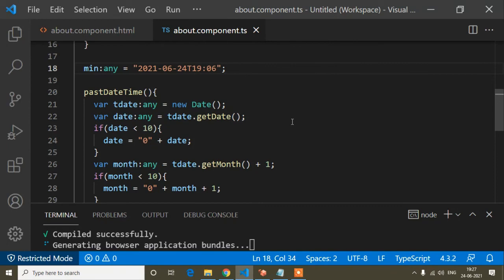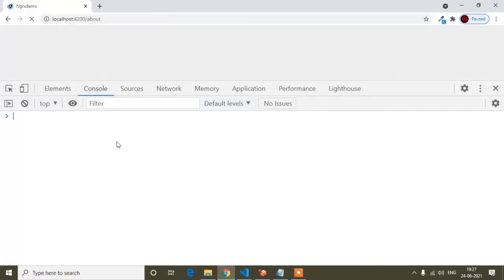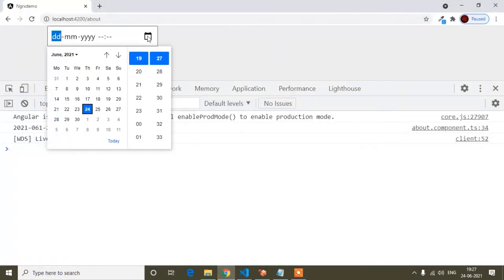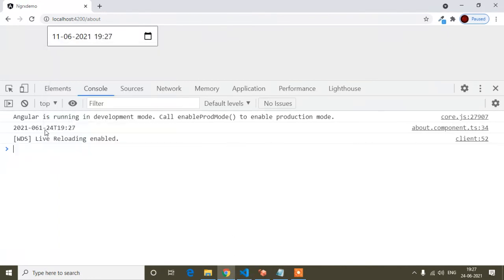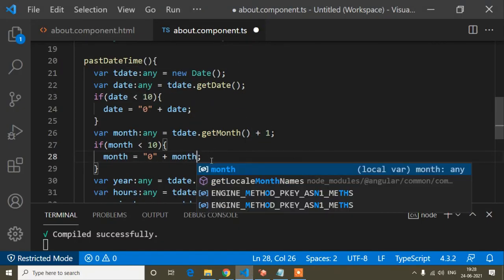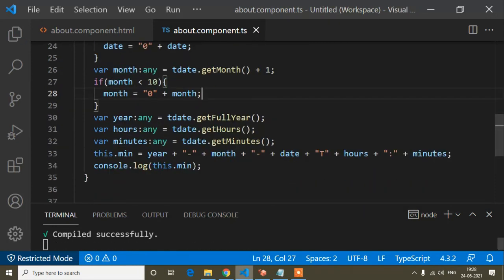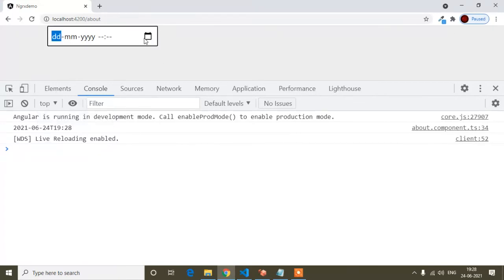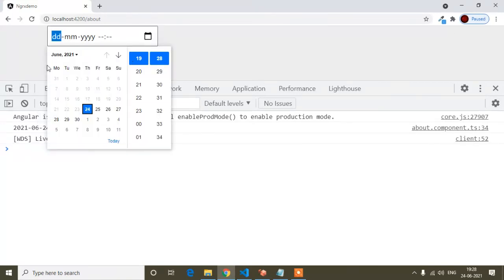I pasted here, and now I will save, and now you will find the min date, the date is, okay, it's not disabled again. Oh, mistake, for showing purposes I had written here but forgot to remove it from here. So now it's done, and you can see the date is disabled. So the user cannot select a past date, and now the time. When the user selects a previous time, I have to reset our field.